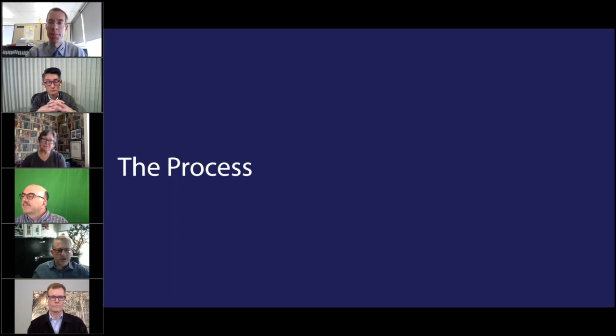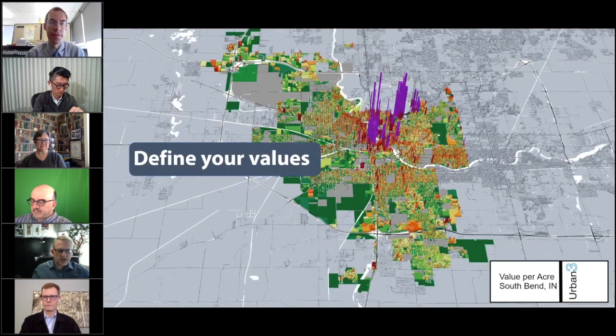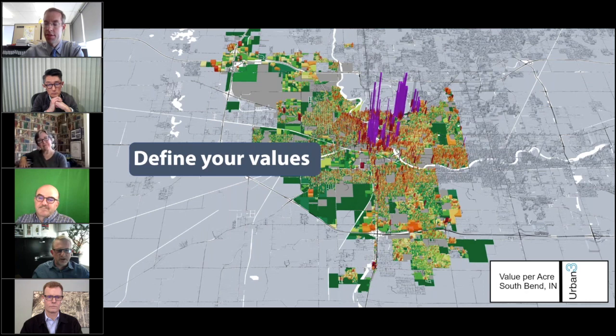So one of the things that we wanted to talk about today was the process in which we got to our form-based code. And the first thing that we did is we really had to define our values. And one of the things that we're showing here is a per acre property tax model developed by Urban 3. And it's really probably the only graphic that I could think of to try to